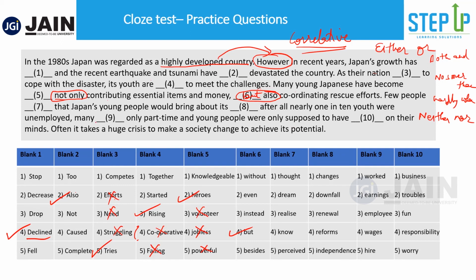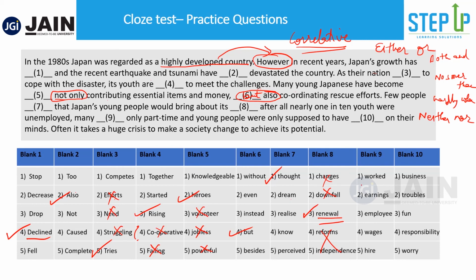So few people thought, dream, realize, know, perceive: thought, right? Few people expected, that means few people thought that Japan's young people would bring about its changes. No, they didn't bring about downfall, they started helping. Renewal, right? Because they are sort of coping with this whole thing. So renewal is the best word here. Bring about its renewal. Reforms, independence doesn't make sense. Changes doesn't make sense. Bring about its renewal. After all, nearly 1 in 10